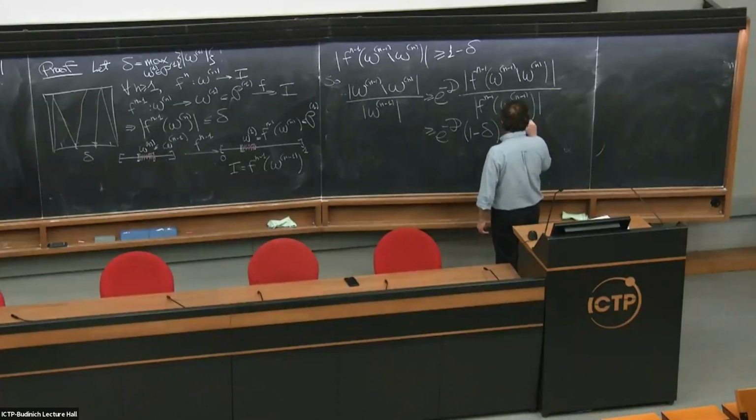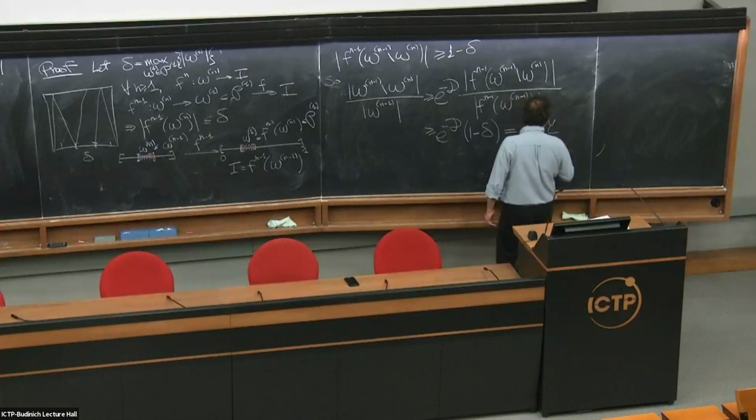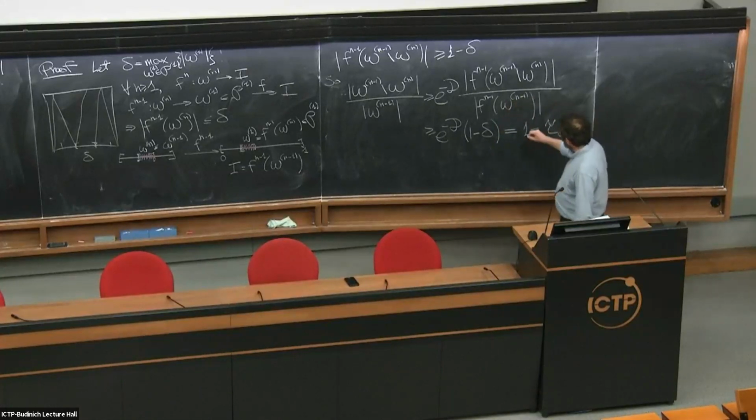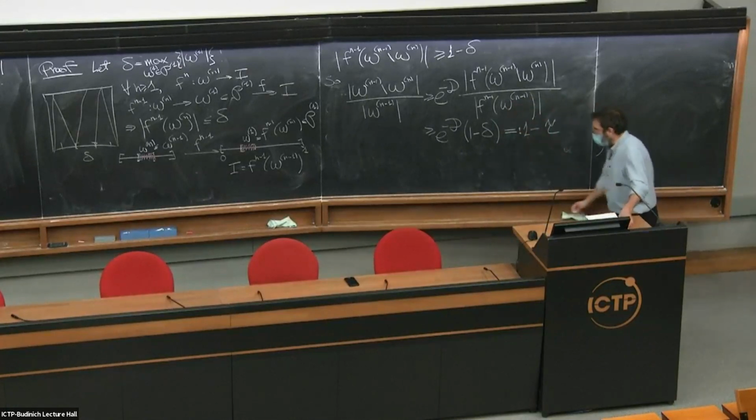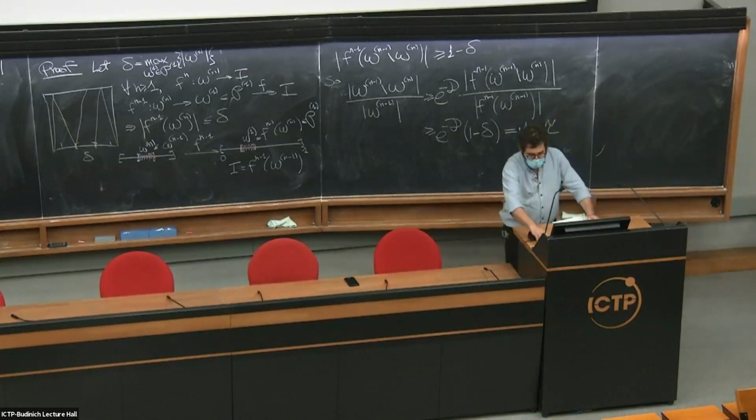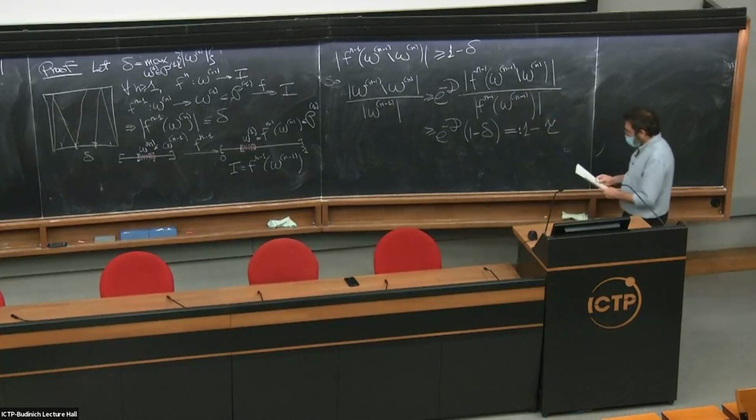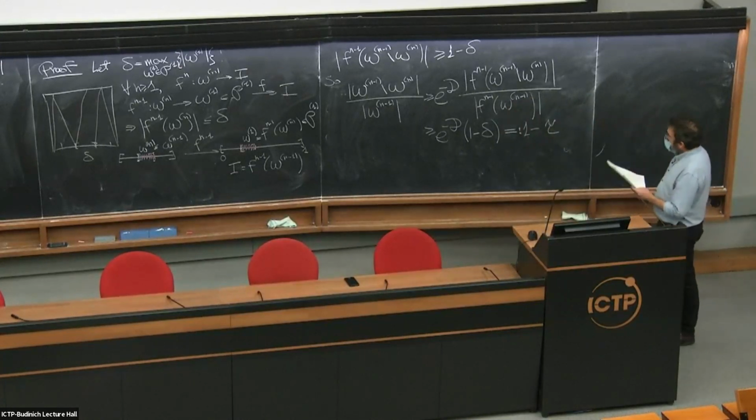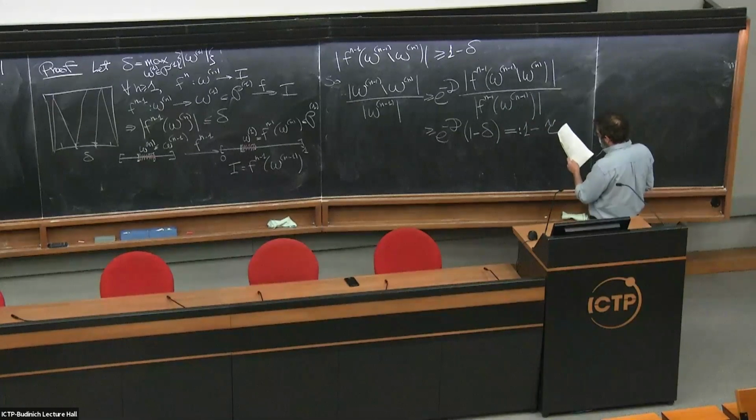Okay, so I'm going to write this as equal to 1 minus tau. I'm going to define tau in this way. It's easier just for the next step. So we're almost finished, but I'm going to write it as 1 minus tau because it's easier. And then I'm going to write this as